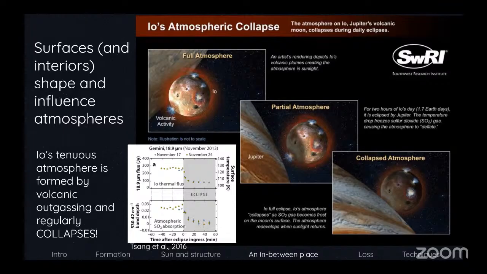But then when Io goes behind Jupiter, so we have Jupiter between Io and the sun, we call that Io being in eclipse, and the whole atmosphere of Io, well, maybe not the whole, but at least a significant portion of it, actually collapses onto the surface. So this is mostly SO2 vapor becoming SO2 ice just because of this eclipse process. And this little plot here is showing one example of the observations that have revealed this. You can see that there's a high amount of flux. I think this is the emissions that we're looking at from Io when it's not in eclipse, and then as it goes into eclipse, that quantity substantially decreases as the surface temperature decreases.